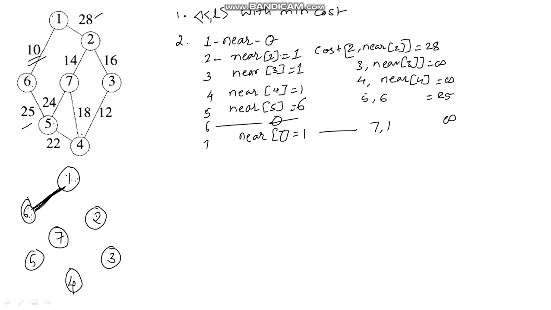So now our next step is to choose a vertex from this, for which the cost of that vertex to its near is minimum. So now here you can find that vertex 5 is there whose cost is minimum. So what we will do is first of all we will make near of 5 equal to 0 because 5 now is included, and we will include this one. So our solution is T: the first added edge is 1 6, and the second added edge is 6 5.